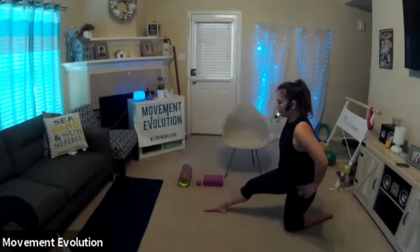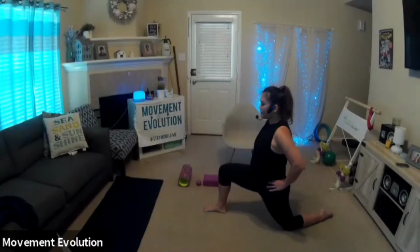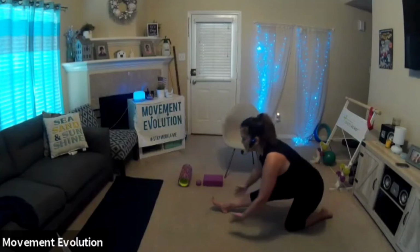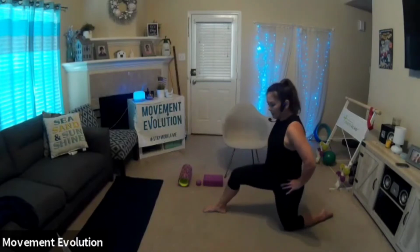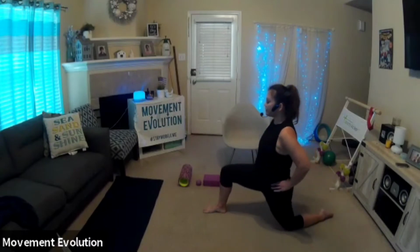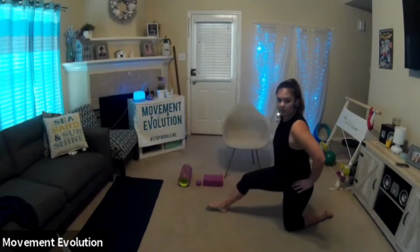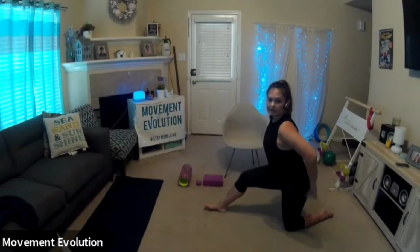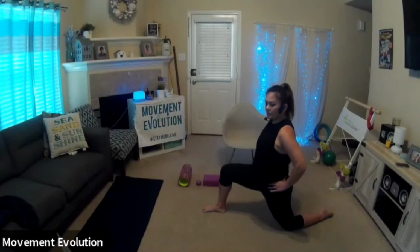Exhale. Exhale, scoop. You can play with lifting the toes. You can play with keeping the toes down. And see how you feel with that hamstring. Good. So once you're done with your 5 there,